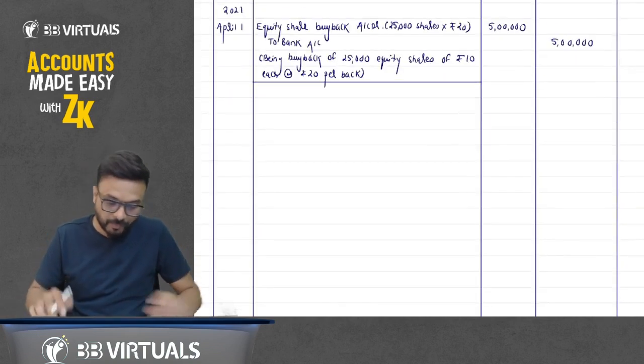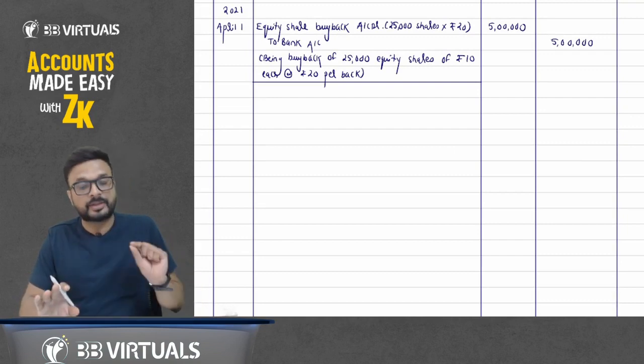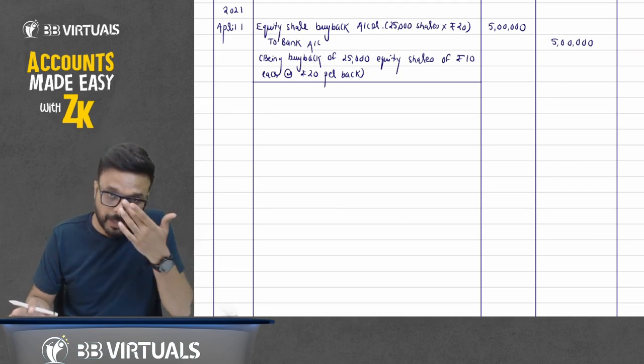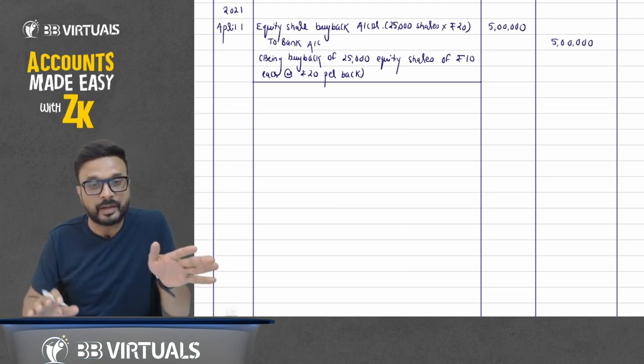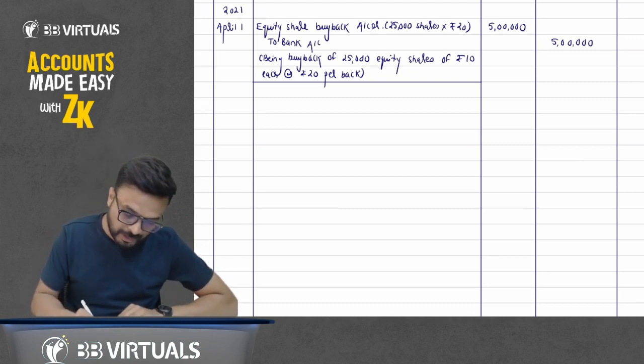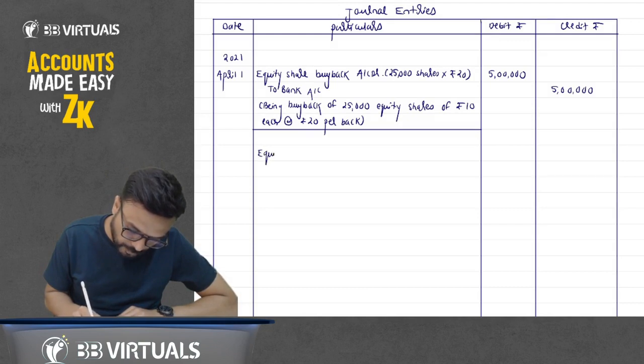Now we have first purchased it. Now we have to cancel it. When we do the cancellation, you know that share capital will be cancelled by face value, and the excess amount we are paying over face value, we will write down as premium on buyback. So first equity share capital account debit,